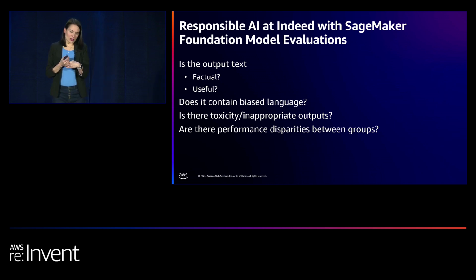And then lastly, one thing that we measure a lot is performance disparities between groups, and so this might be if you're using something in a more traditional classification sense. You can use the classification evaluation on FM-eval for LLM classification, and then we have a demographic data store that we would join that information with to measure the performance across groups, which is a big thing we do in responsible AI. We want to make sure that the model performs as well for men as it does for women, as well as it does for all races, all ages, et cetera. I think we are a little bit over time, so I'm going to hand it back to Emily.